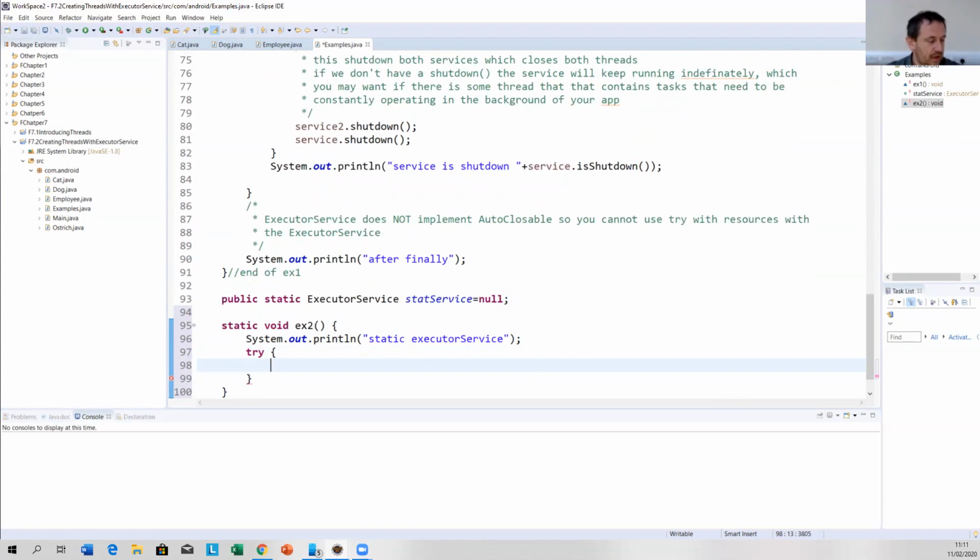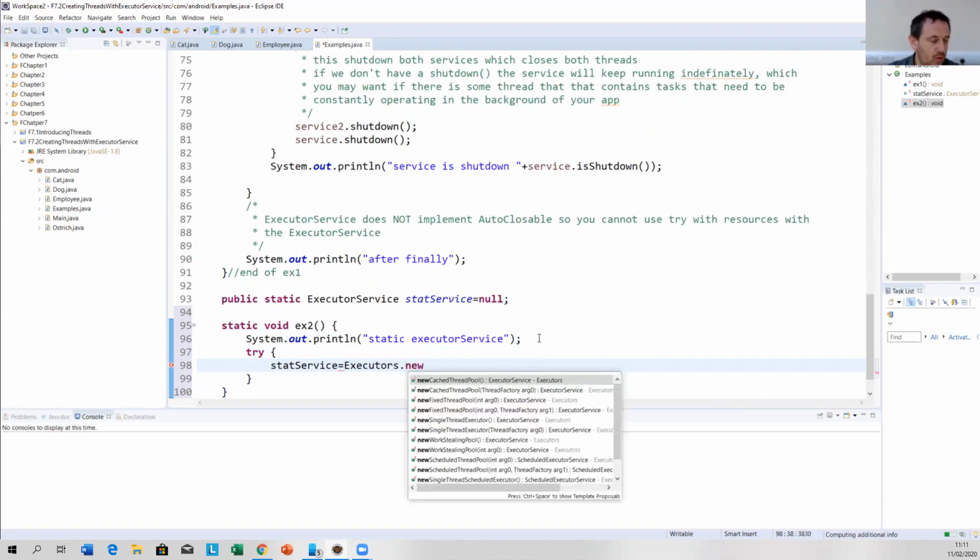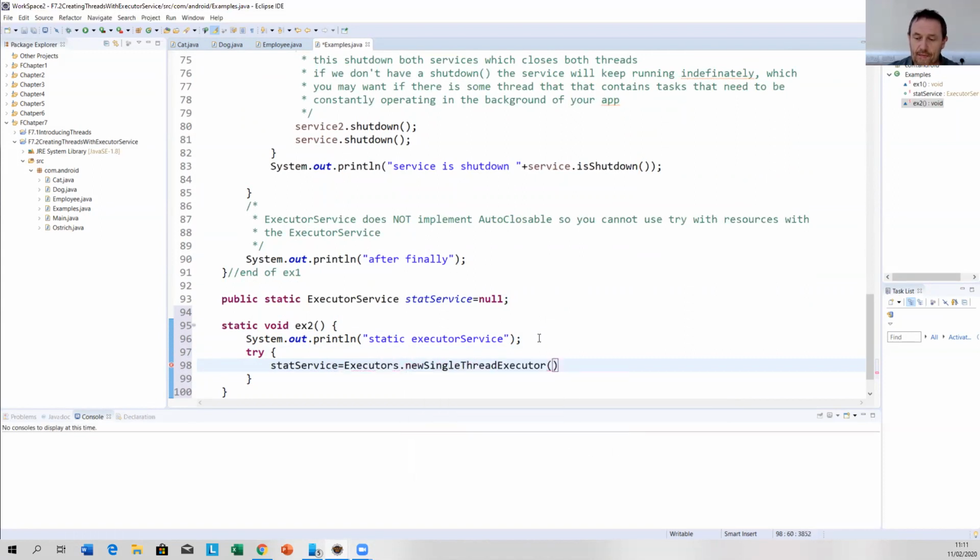So I'm going to say statService is equal to Executors.newSingleThreadExecutor. Okay, now that creates a